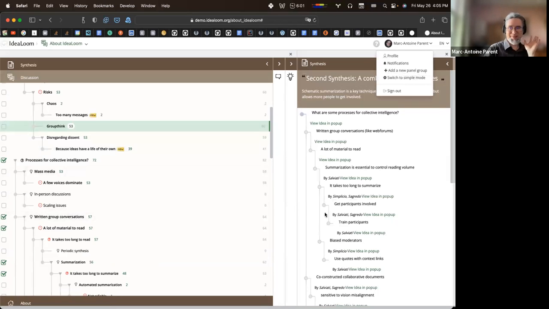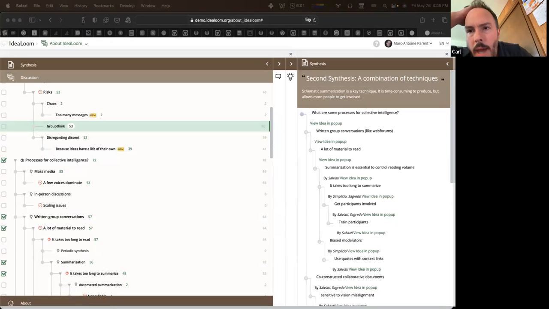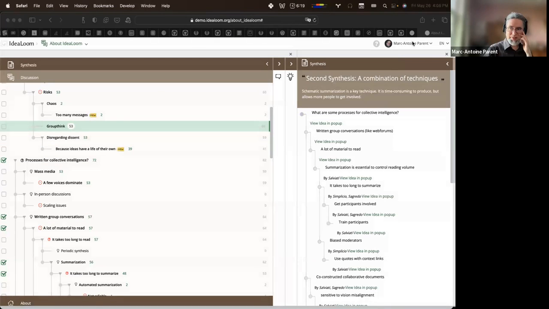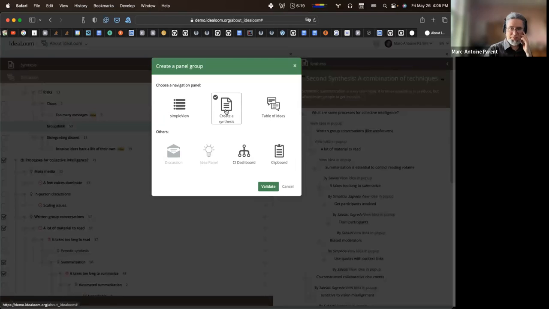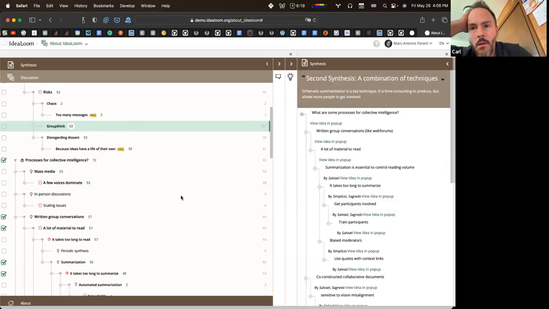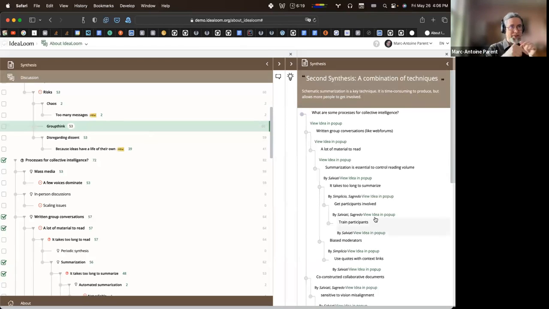There's a lot of stuff in there. It's a very rich piece of software. Okay, so you added a pane, and how did you get it to be a synthesis pane? I asked to add a new panel group, and there are many groups, and one of them is create a synthesis. Okay, gotcha.